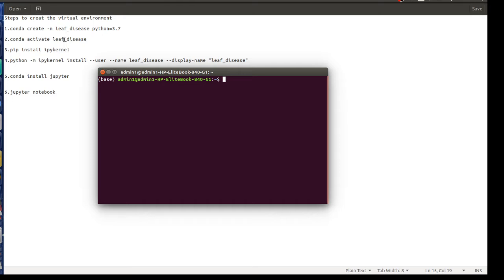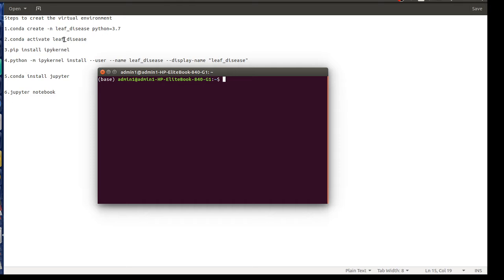Why do we need to do this? Because of the problems we face due to different versions, maybe of TensorFlow. For example, if I take TensorFlow, you may get a good result using one version in one condition, and you may get errors in another. Maybe Keras also like that, maybe NumPy. For every library, you can't get a result in all conditions. So a virtual environment is a must for all the people who work on machine learning projects.